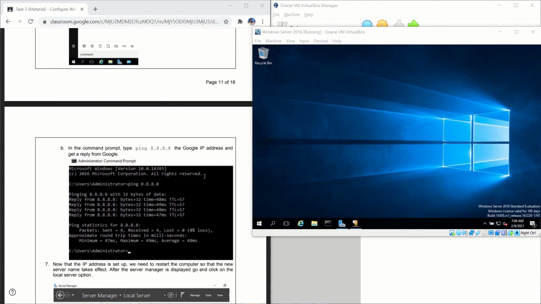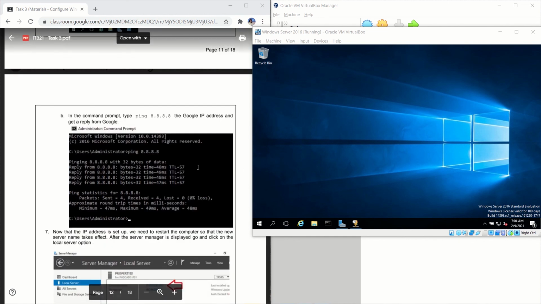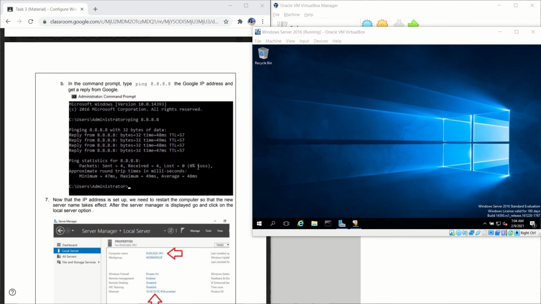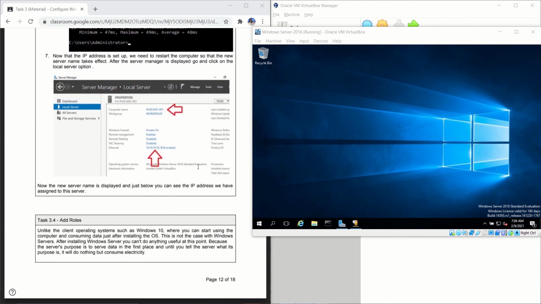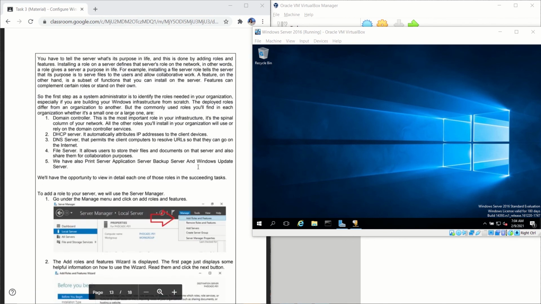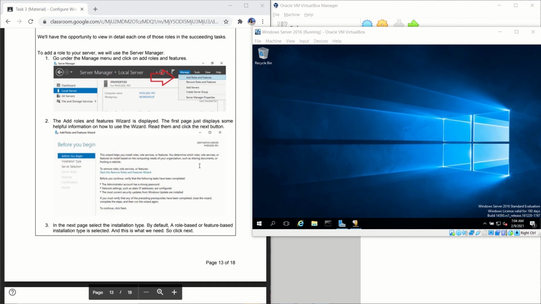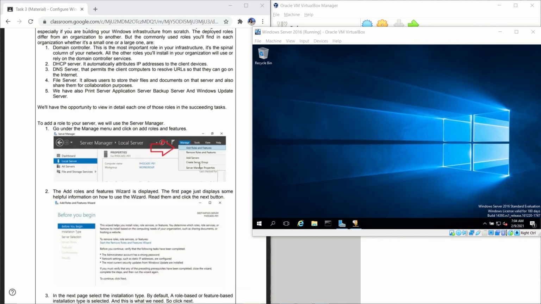And then I ran the CMD again by pinging 8.8.8.8, and the result was successful. So I just continued with that. And then we moved on to the next task, which is this one. Until we successfully finished